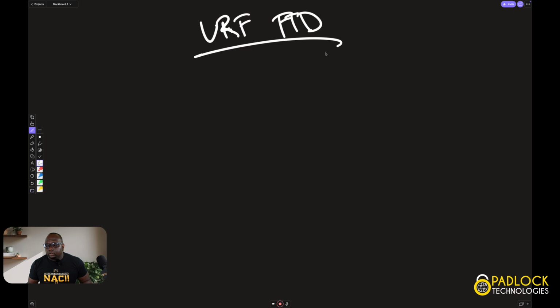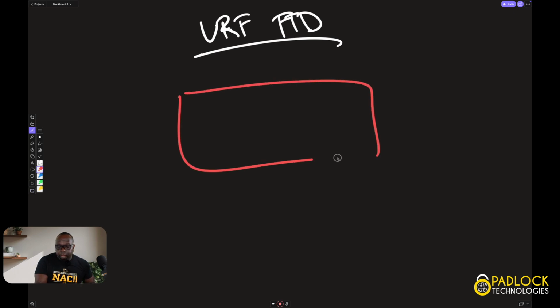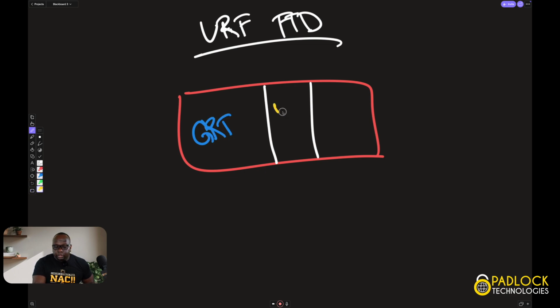So VRF on FTDs. Now, if you don't know what a VRF is, it's basically virtual routing and forwarding. Basically, you're separating the routing table in a router. If you do it on a router, you can do it on a switch, and you can also do it on the FTD. So let's say this is the FTD here. Now, when you do VRFs on an FTD, you split the routing table into however many VRFs you have. So let's say you have 2 VRFs, because one of these is going to be the GRT, which is the global routing table. Then you'll have VRF1,